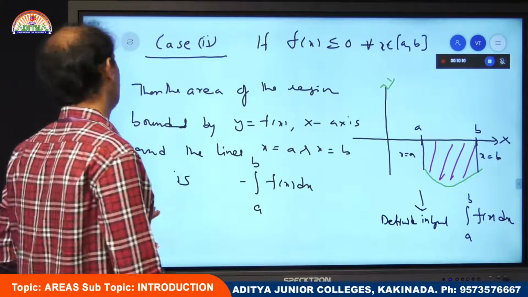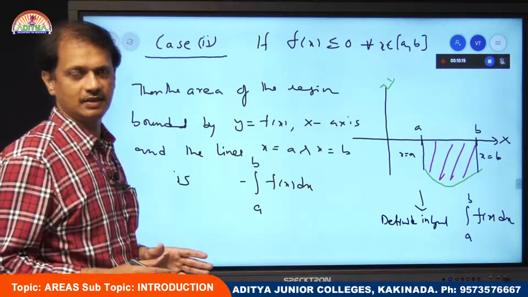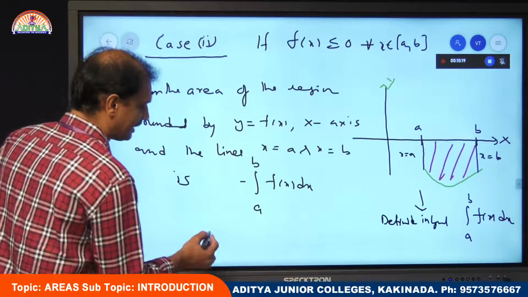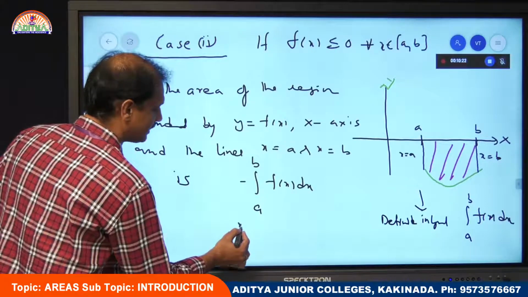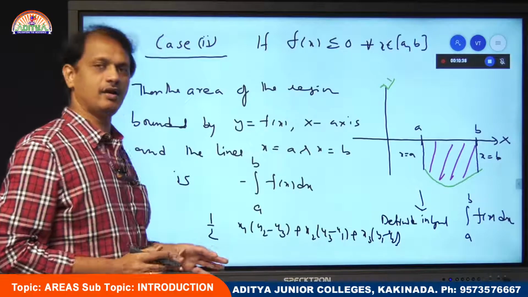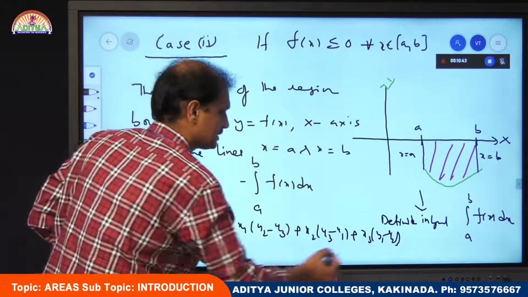Now, coming to combine these two cases, what I am doing is, I am going to take modulus. In lower classes, all of you know that while calculating the area of a triangle, you are applying these type of formulas: half into x1 into y2 minus y3 plus x2 into y3 minus y1 plus x3 into y1 minus y2. Suppose if you apply this formula while calculating the area, if you get a negative value, to obtain positive value, what we are doing? We are considering modulus.